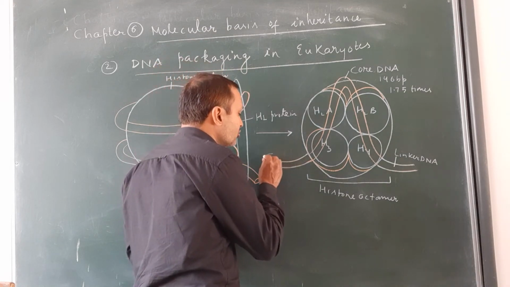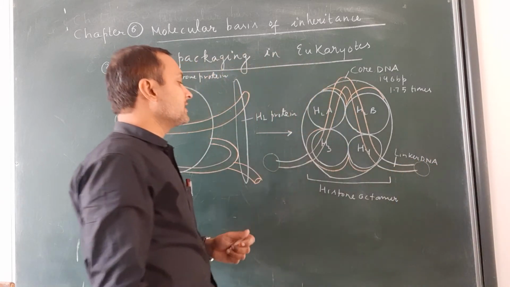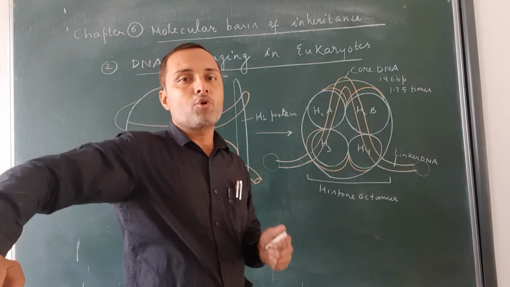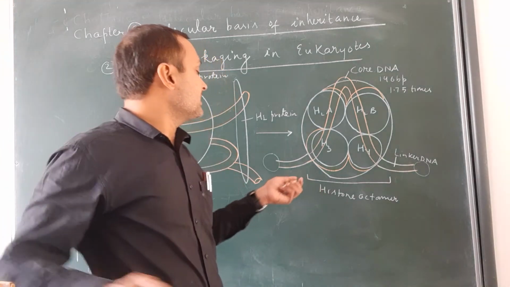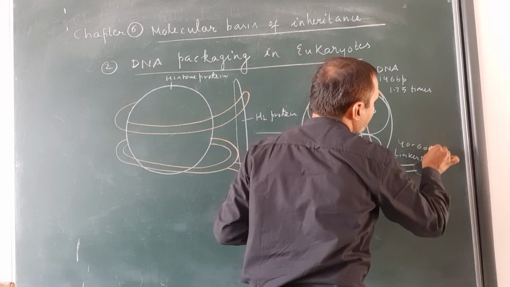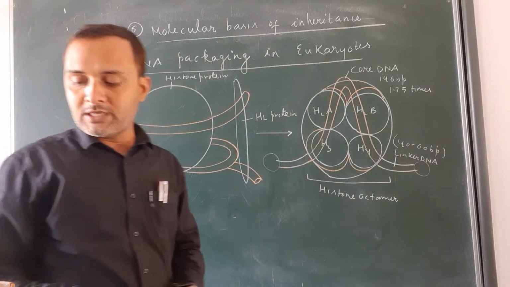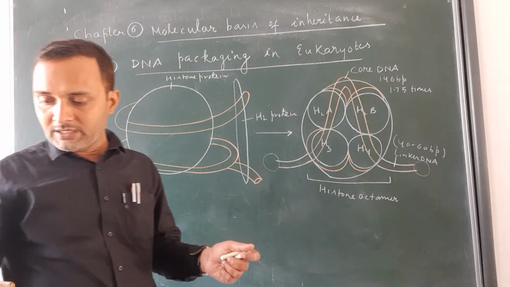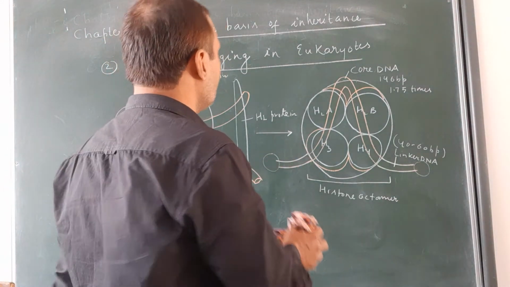Suppose one more nucleosome is there. A nucleosome consists of histone plus DNA. The linker DNA contains about 40 to 60 base pairs. So let's see what chromatin is, and the types of chromatin. You have to know chromatin and its types also. Then you can easily understand the nucleosome.